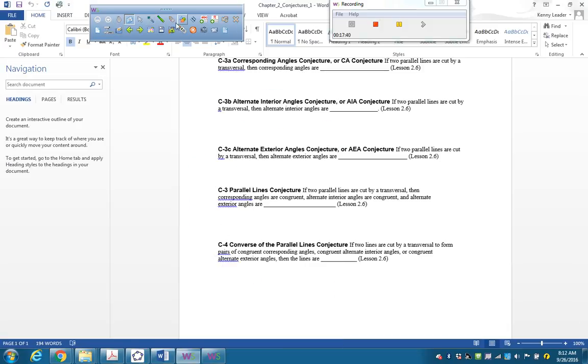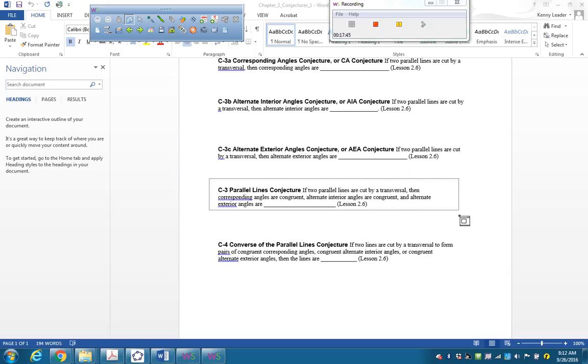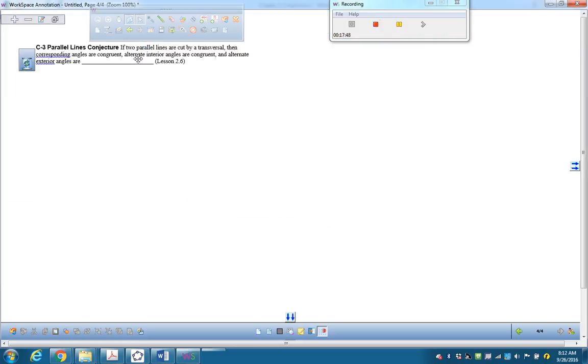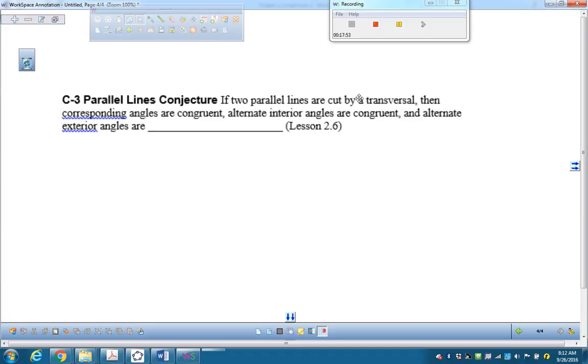Next thing we talk about is parallel lines. This one here just summarizes all three of those things in one statement. It says that if two lines are cut by a transversal, then the corresponding angles are congruent, alternate interior angles are congruent, and alternate exterior angles are also congruent. Okay? So all those pairs are congruent, and that's C3. And the very last thing says,